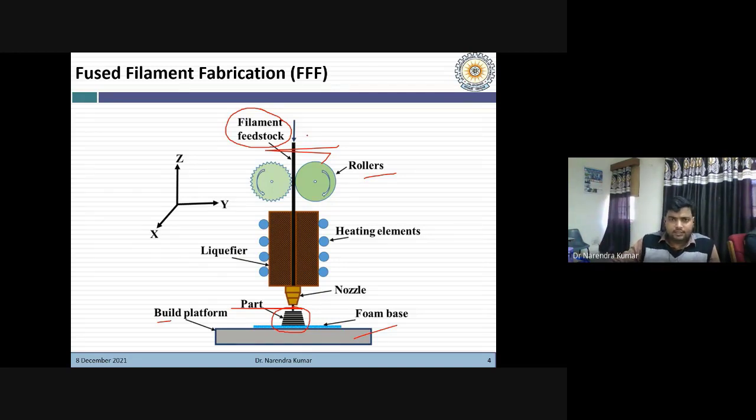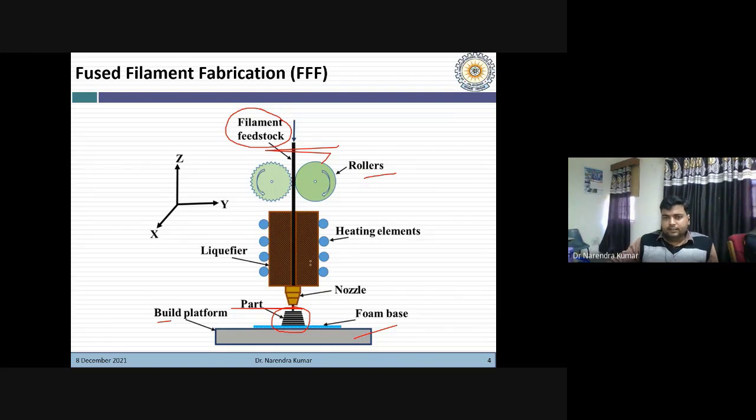Here one thing I want to ask all of you: how do we deposit, or extrude, material from this mechanism? Can anyone tell me? Could you share your thoughts on this? How do we extrude material, or who is responsible for the extrusion?